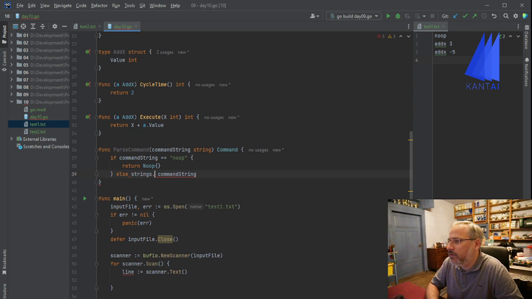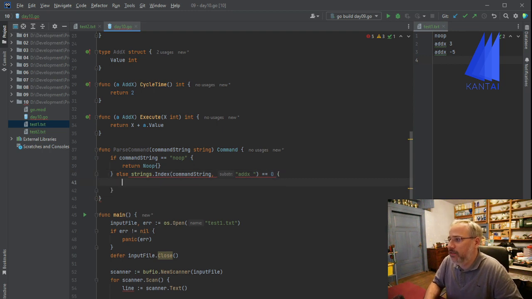Now, index of, we can check this. I think this should work. We say is the index of our substring "@x" with a blank, just to be safe. If the index is equal to 0, because it would be directly at the beginning of this, else if,